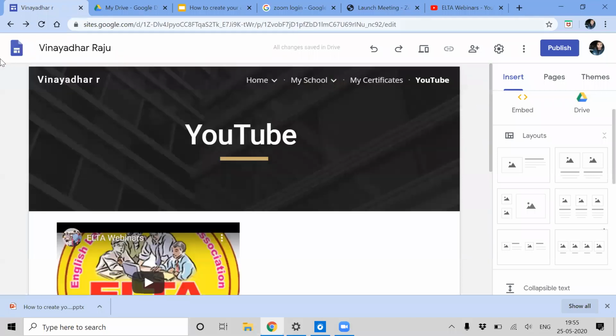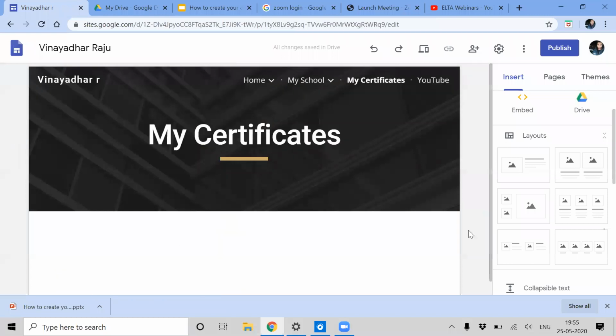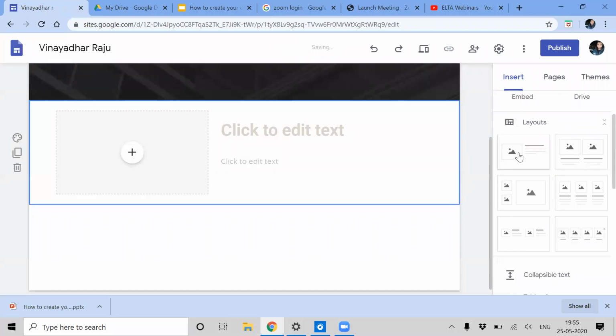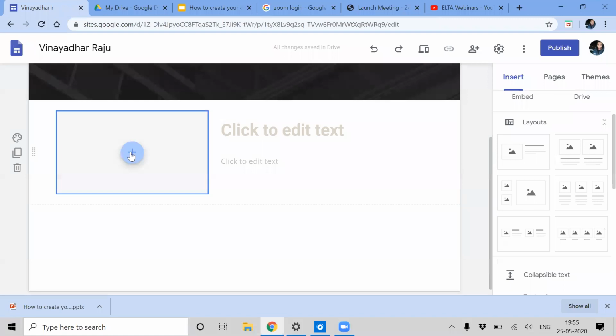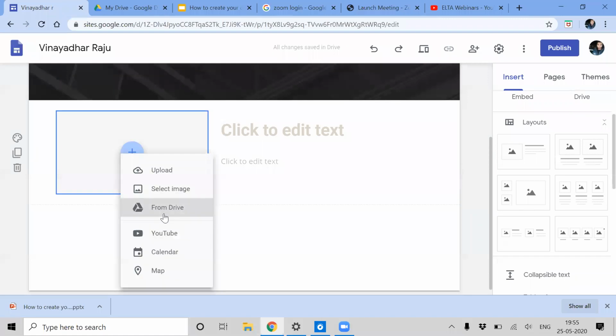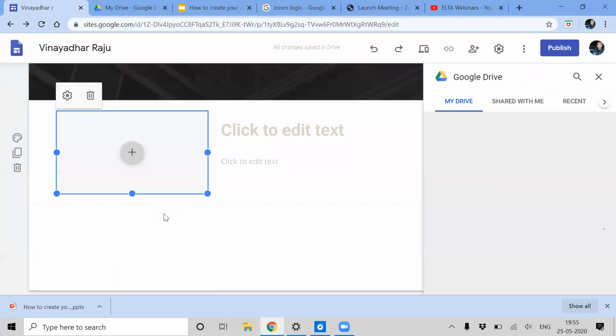Suppose you are going back to your certificates column. Generally what we can add here: in the certificates column, we can add an image and the description of that. So we can get that certificate from our drive again.